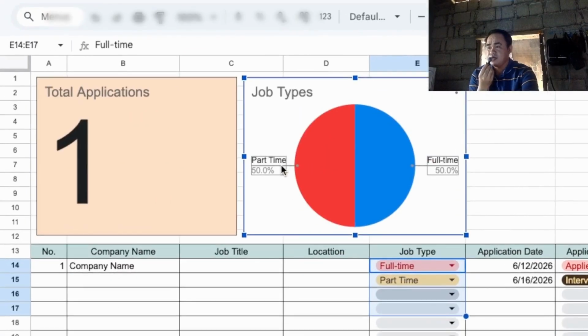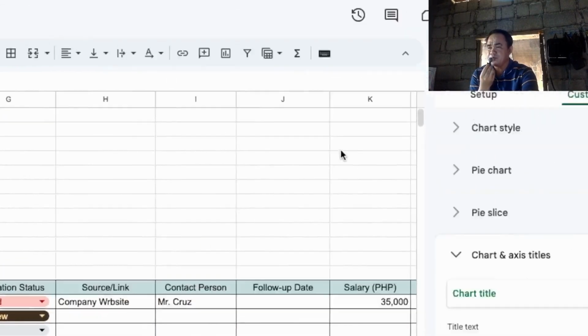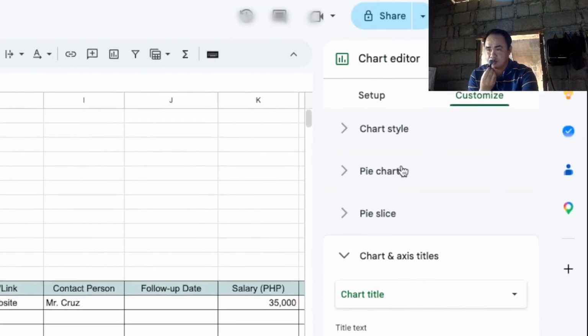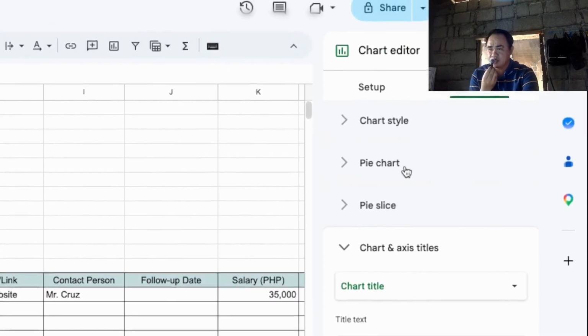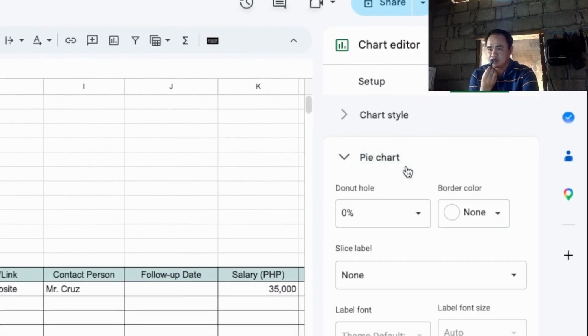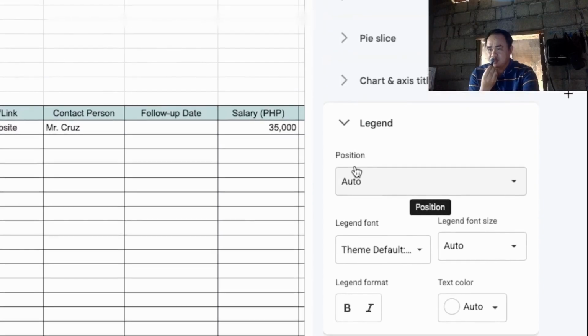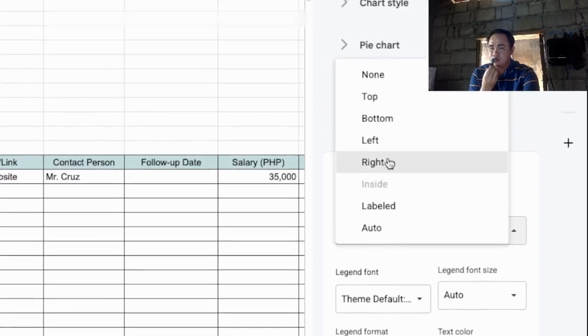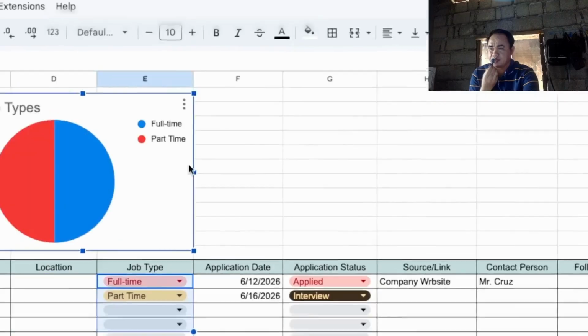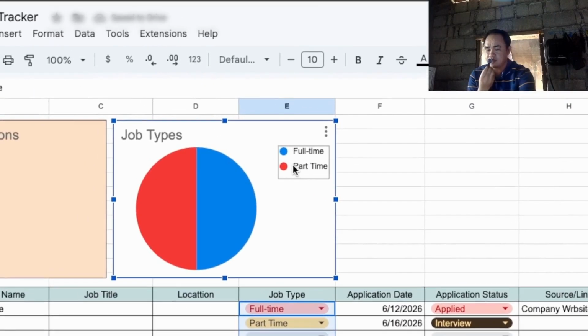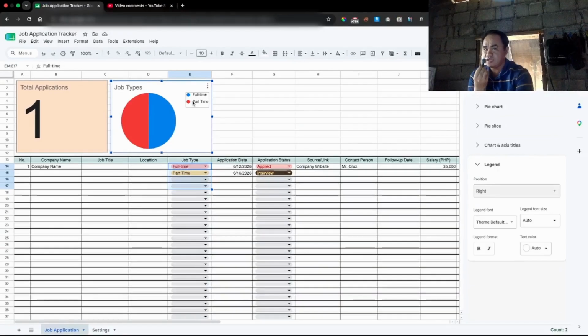And then we can move this legends from outside from chart. So to do that, you can just go to pie charts. Okay, legend, and then change the position from auto to the right. As you can see, guys, it appears here. Okay. So that's the job application that we are creating so far.